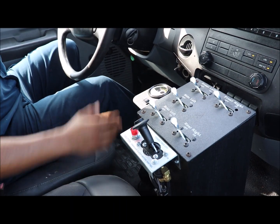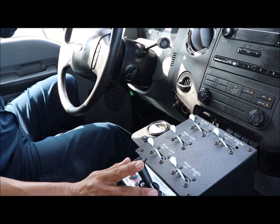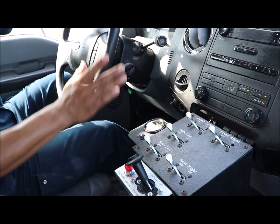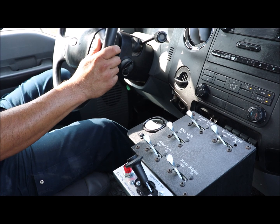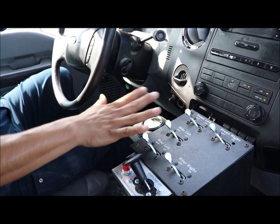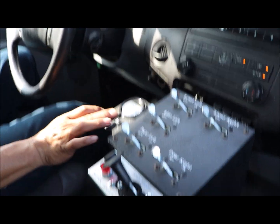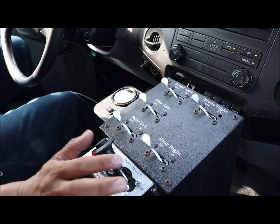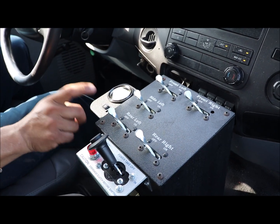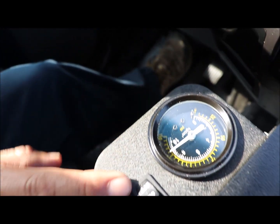Okay, so what we have here is an automatic transmission with an air shift PTO. Now, it's a hydraulic brake system, which means we don't have an air compressor to operate this from the engine. So what we have added is an onboard air compressor to operate the switches and the air switch on it. Right now you can see the PSI is pretty high, so we're just gonna